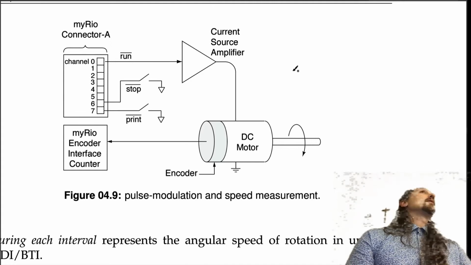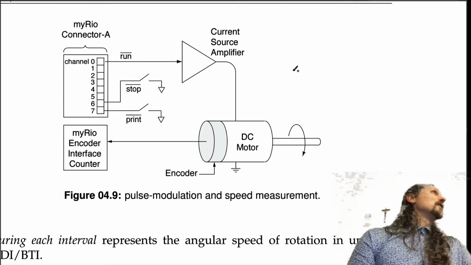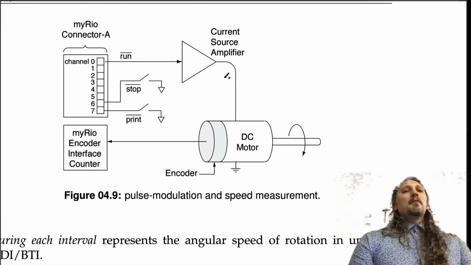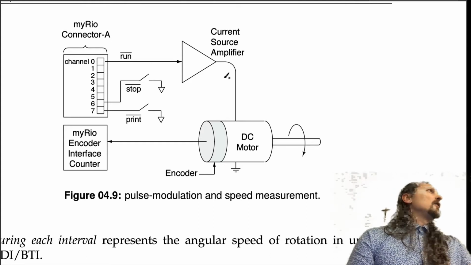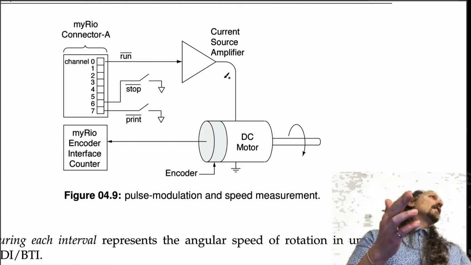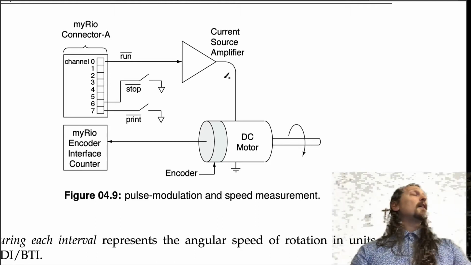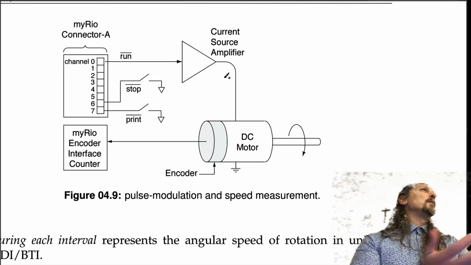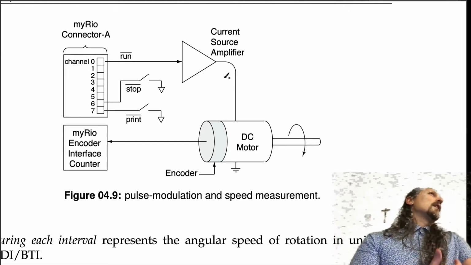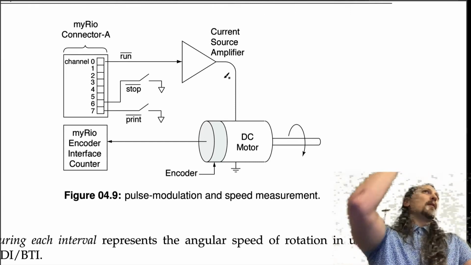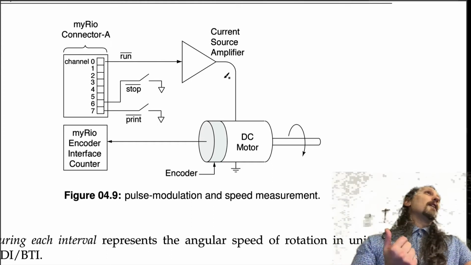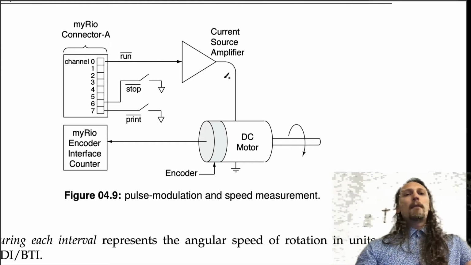It'll happily amplify that for you, and you're good to go. But usually, you would just use an analog output to this amplifier, and later we will. For now, we're just going to do a PWM one because we're actually going to build the PWM with a finite state machine. It's kind of fun to build a PWM signal. So we'll do that,